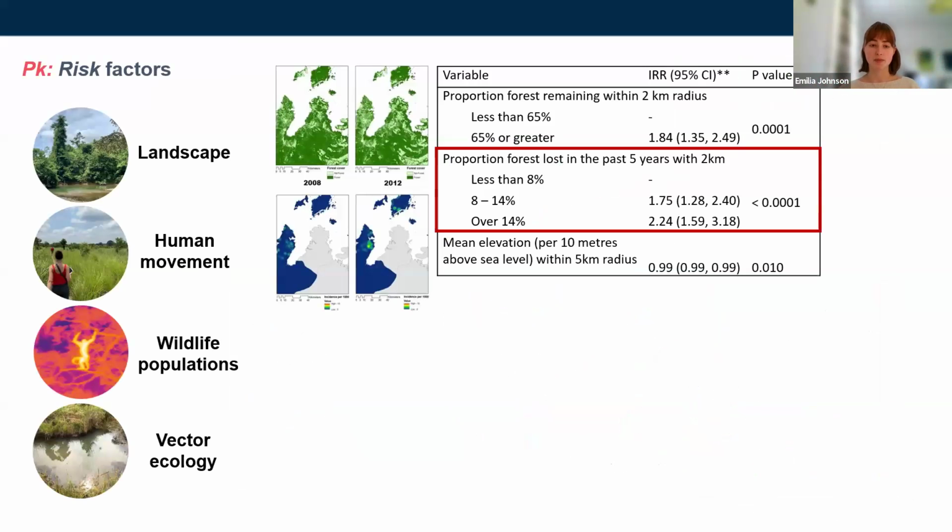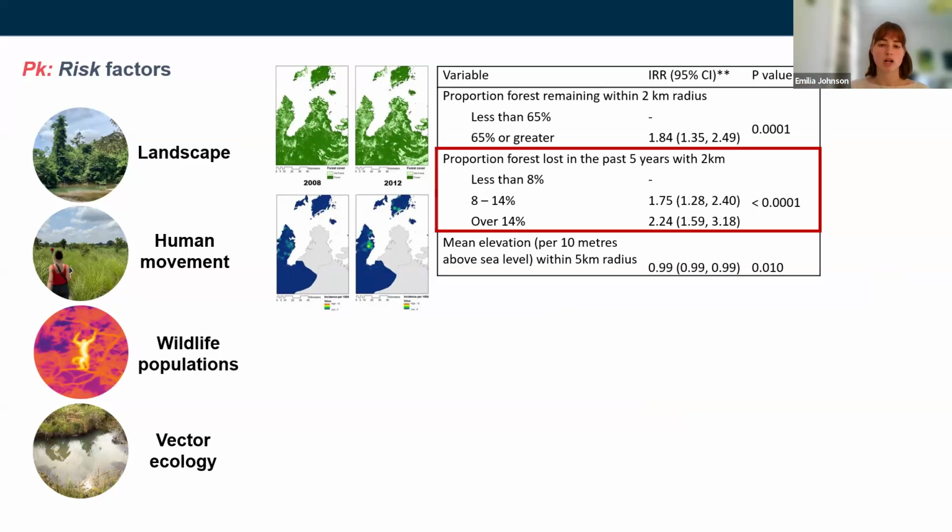And this is a bit about the epidemiological background of knowlesi. It has a transmission cycle that intersects with wildlife behavioral dynamics and vector biology and human movement, as well as land use, and it's all embedded in health systems. But the effect that landscape change has on disease dynamics is complex and it varies across multiple spatial scales. Looking at human knowlesi, they found a strong association between village-level knowlesi incidence and localized forest cover and historic forest loss. This is the kind of data backing up the association.